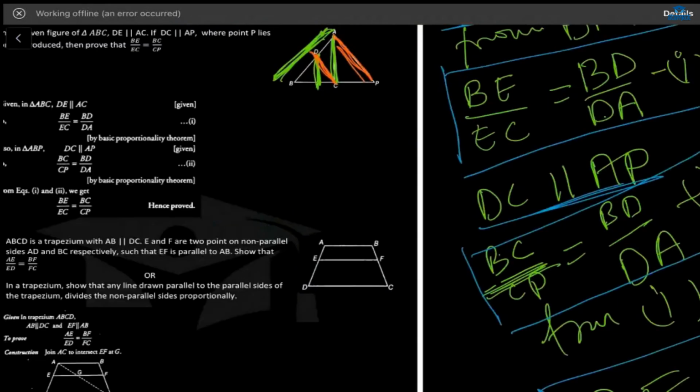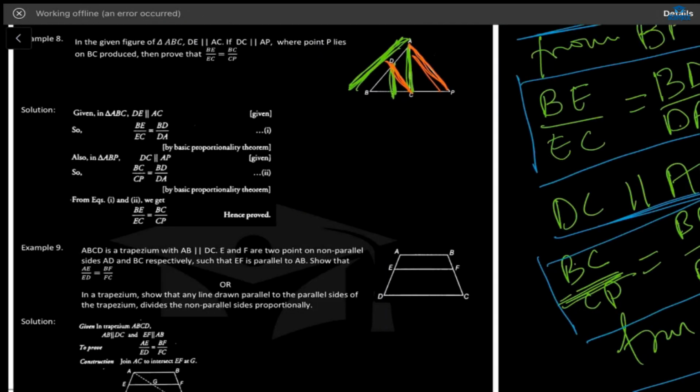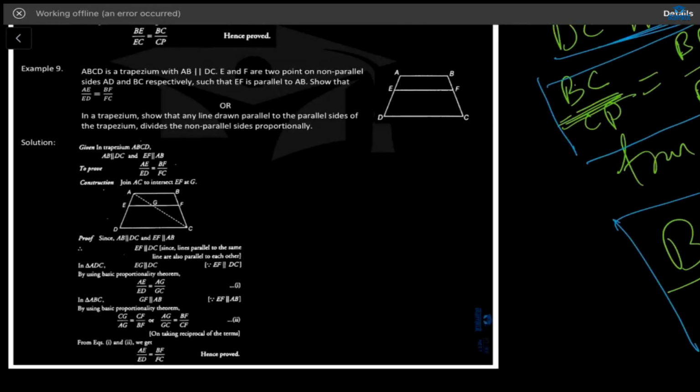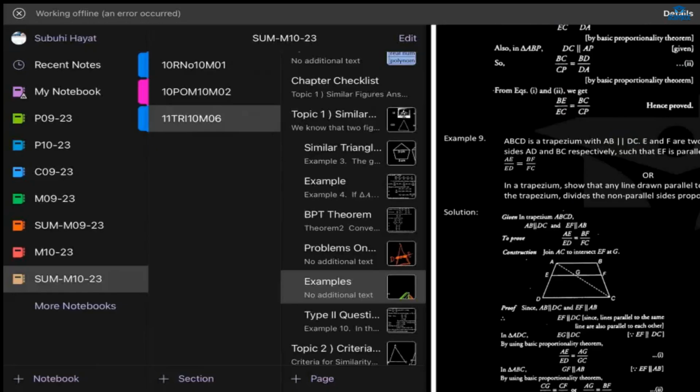So I'm ending the class here. It's almost time. We'll see 2-3 more questions in the next class, and we'll revise the theorem there also. So let's end the class here only, and from next class I will start the